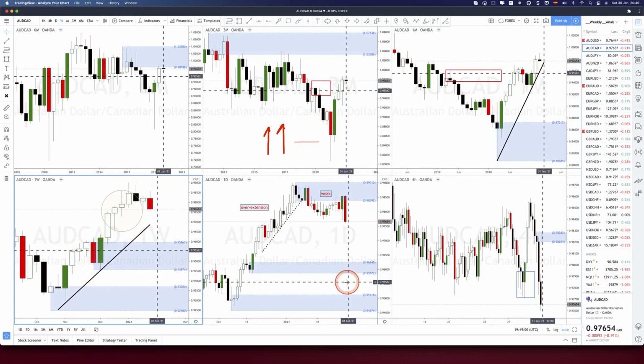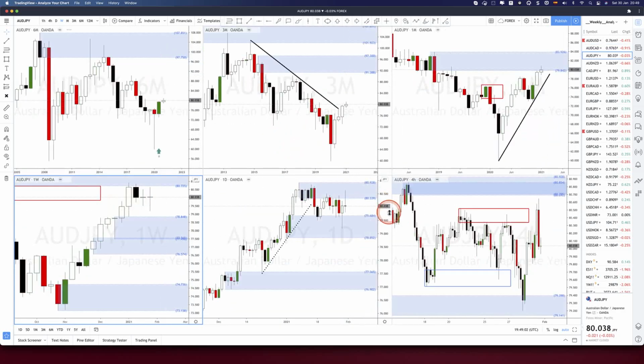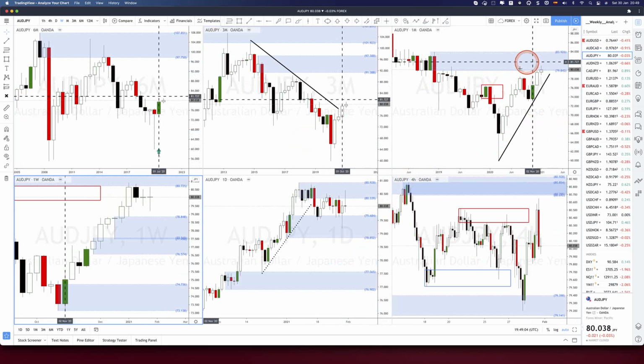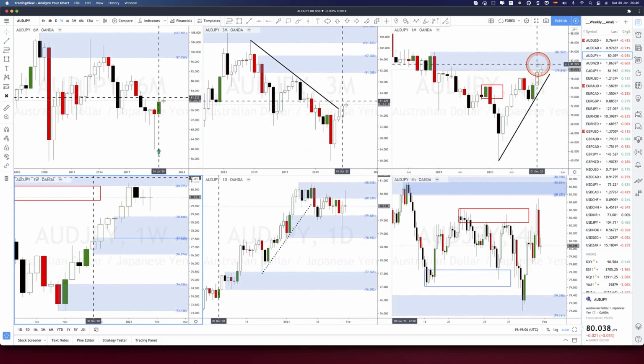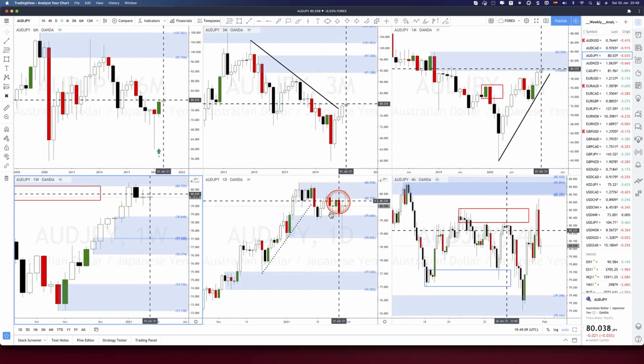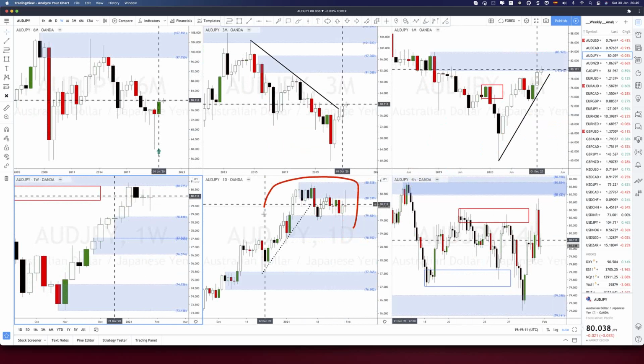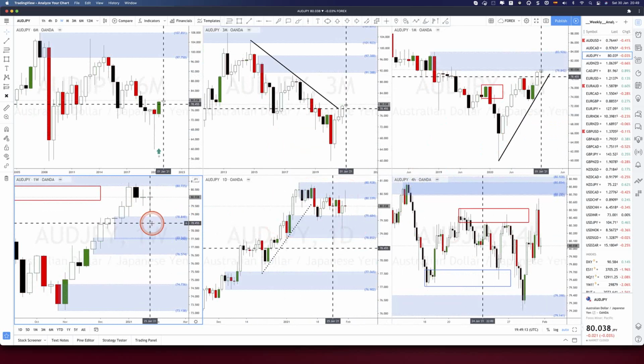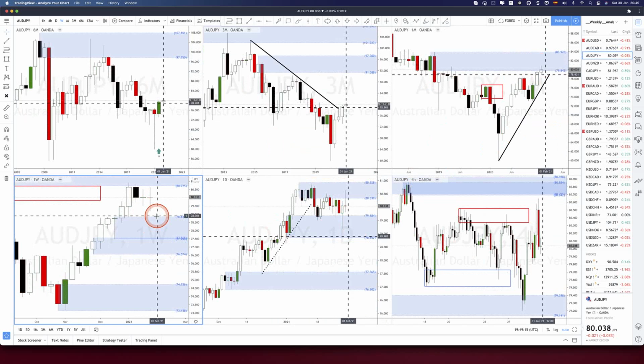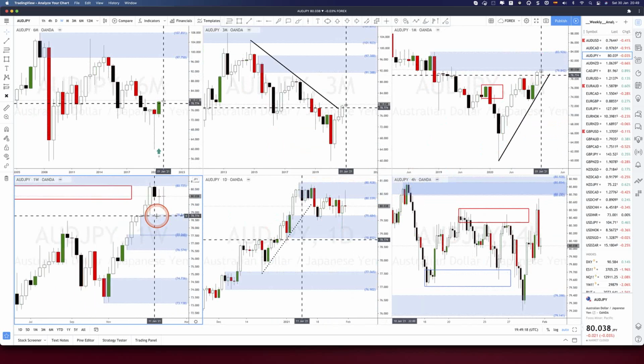And that's over there. On the Aussie Yen, we've got the monthly in an uptrend, monthly supply is in control, no longs allowed. The daily is already out of alignment, bouncing between these two imbalances. Weekly demand over there, we need that area of demand in control and new areas of demand.